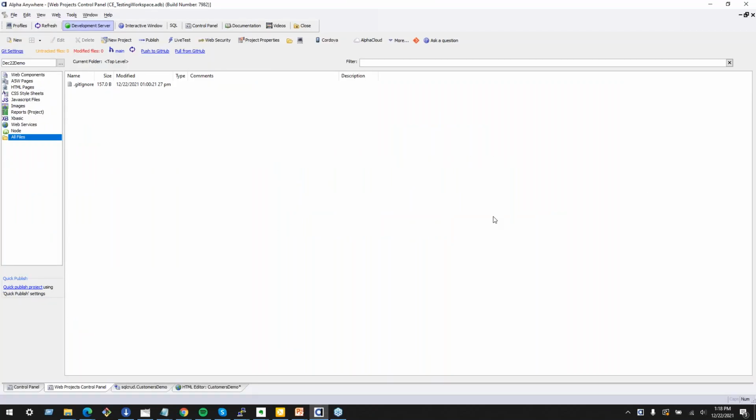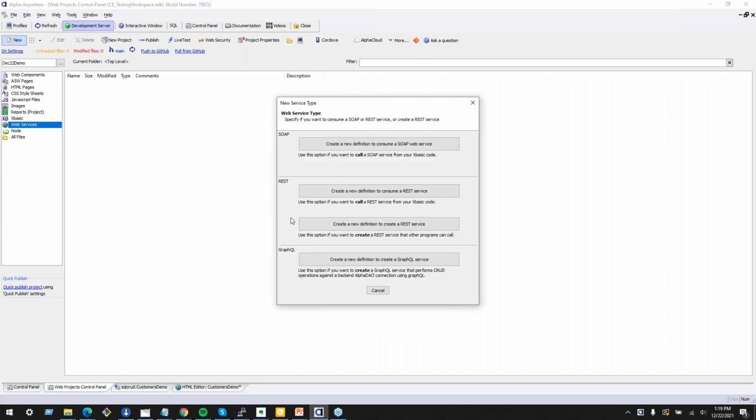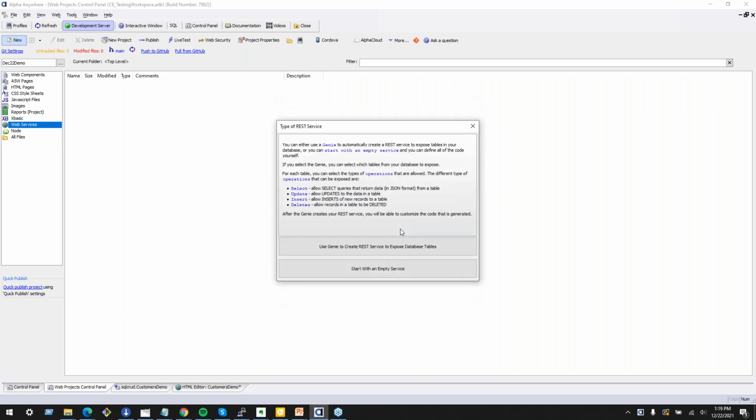And what I'd like to show is creating a web service for a database. So this is Alpha Anywhere, and I believe this is the full edition. So I do have this control panel button up there. If you're in Community Edition, you won't see that because that's a desktop feature and we can't build desktop apps in Community Edition. But I'd like to start by creating a new REST service,